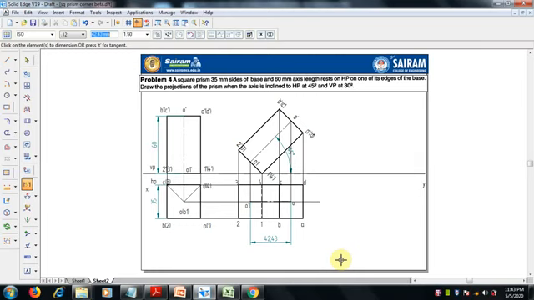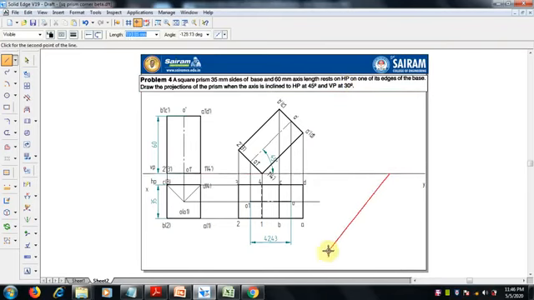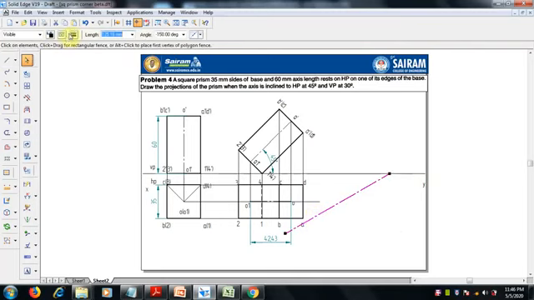The next view is inclination to VP at 30 degree. Now we have to draw the line at 30 degree to VP. So select a point in the XY reference, and draw the 30 degree angle. Let me give 30, and it may draw like this or this. For us, we have to draw like this, and this is a thin line.